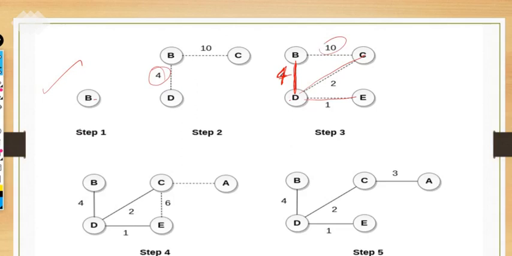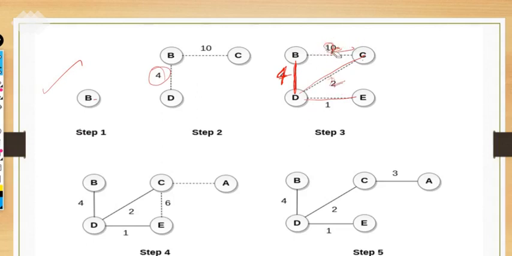There should not be a cycle in the minimum spanning tree. If it creates a cycle, then we have to ignore that particular edge, right? And we have to take the minimum one. Among all these three, we have taken the minimum ones. Let's consider if it also has 2 and it's creating a cycle, and 2 is already covered here. In that case, you have to take either this 2 or that 2, right? You cannot take both because it will create a cycle.